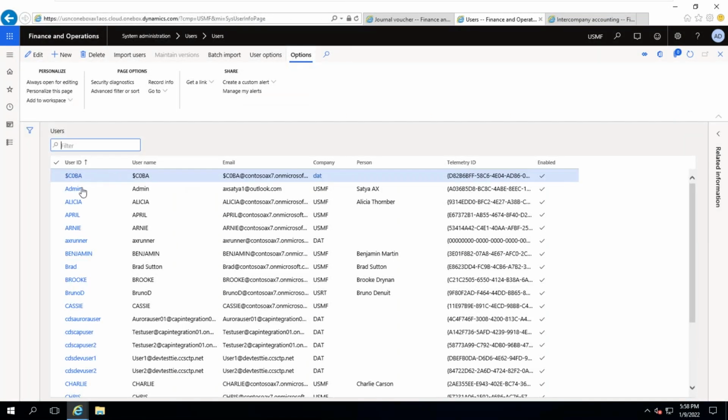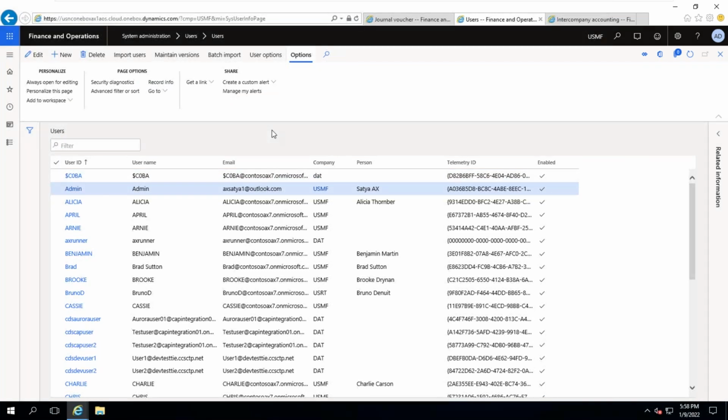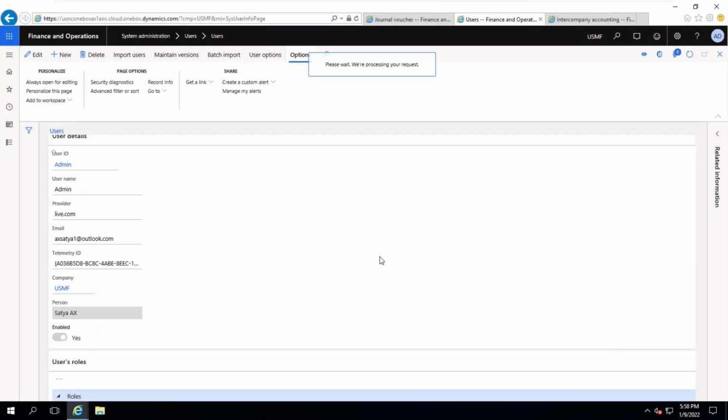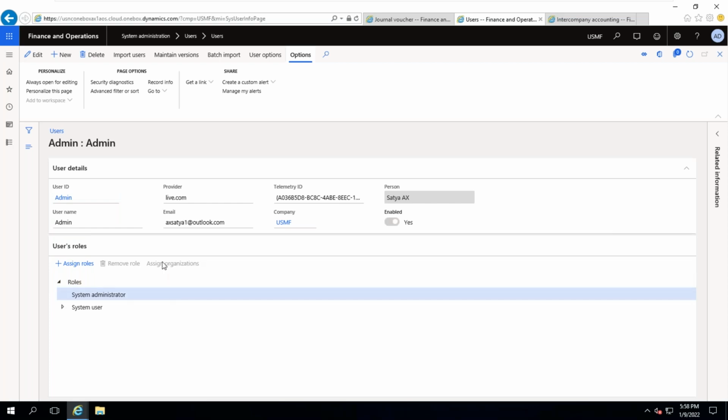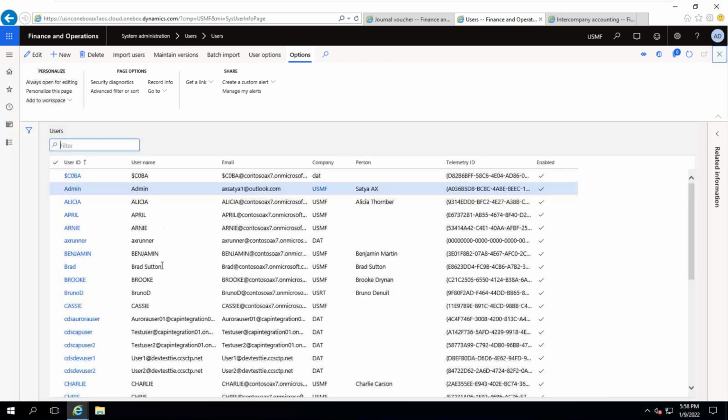As an administrator, I have all companies' data access. If you want restrictions, yes, you can do restrictions in the security roles. Administrator will usually have all permissions, and you can assign the roles.